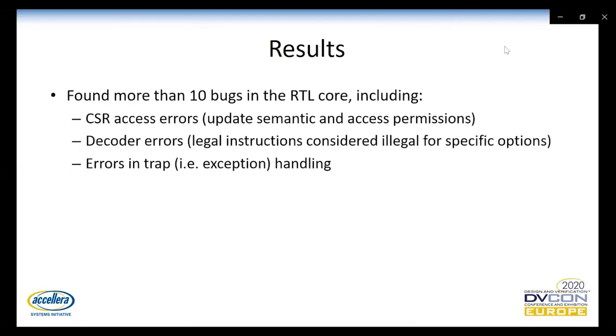Our testing process showed that the RTL core already had a very solid implementation of the RISC-V unprivileged ISA. Only very few special cases have triggered a mismatch with the ISS here. Most bugs were related to the RISC-V privileged ISA, in particular the CSR handling. In total, we found more than 10 bugs in the RTL core, which include CSR access errors